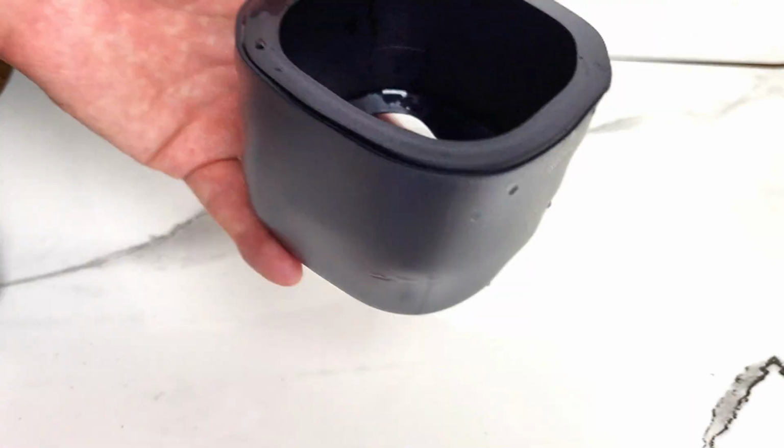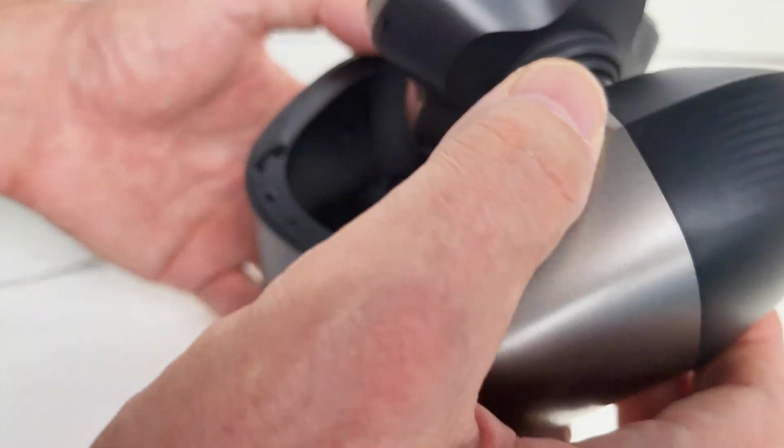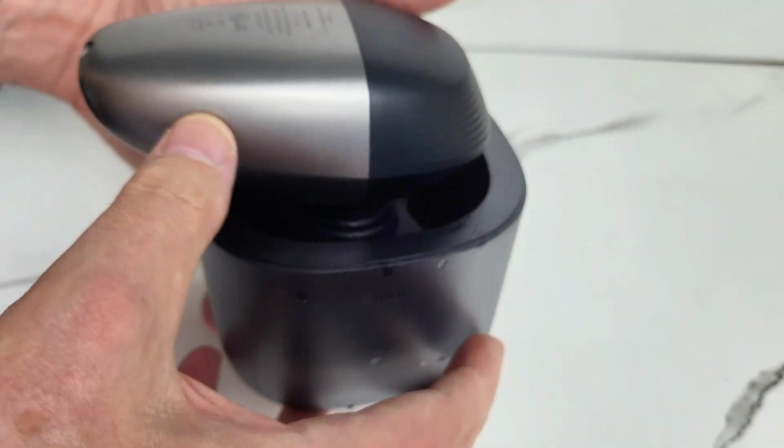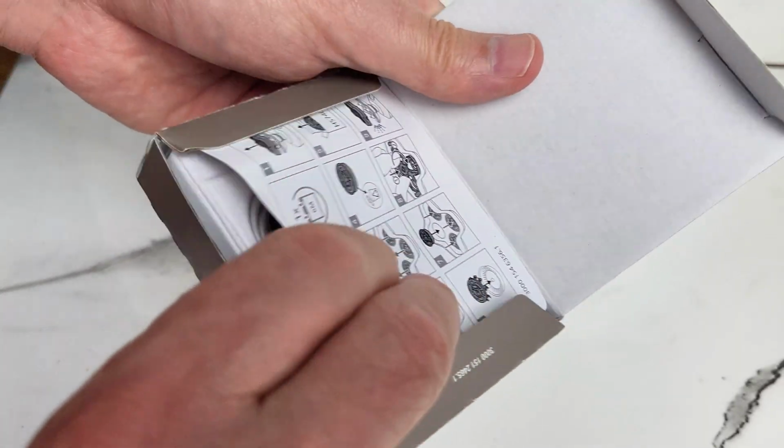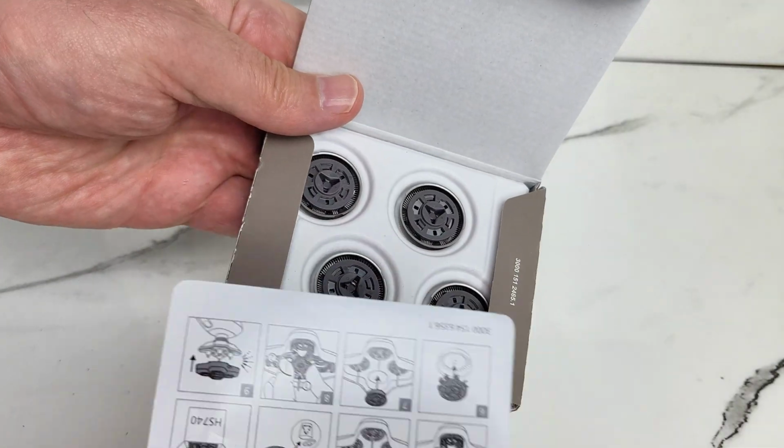That one comes also with a cleaning pod, or it's like a plastic tub that we can sit the shaver in and let it rinse, a rinsing stand. It also comes with an extra pack of a set of cutters. That's the 9000 series. So the cost of them, at the moment, the cost for the 5000 series is around